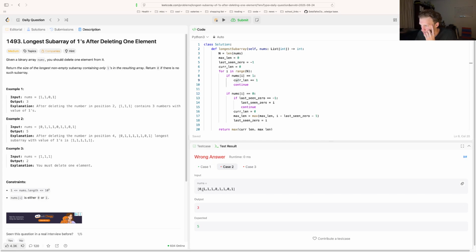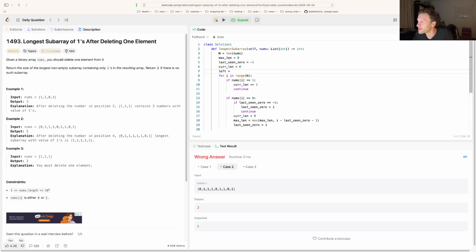This example, we get 3. So we see a 0 off the bat, so we get set to 0. And we see 3 1's. Then we see another 0. Then it's like, okay, let's reset curr len. But no, we don't want that. We want to keep track of the fact that now left equals